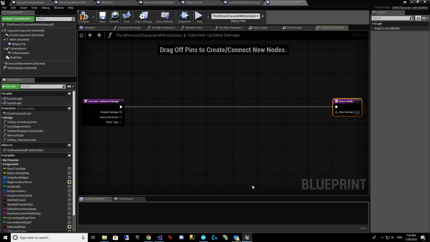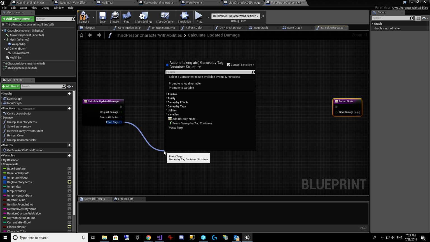It'll use this to update damage. So original damage is the incoming damage. Source attributes is the person who's attacking. You can ask questions about the person attacking me. And then effect tags are that list of effects that are on the tag,